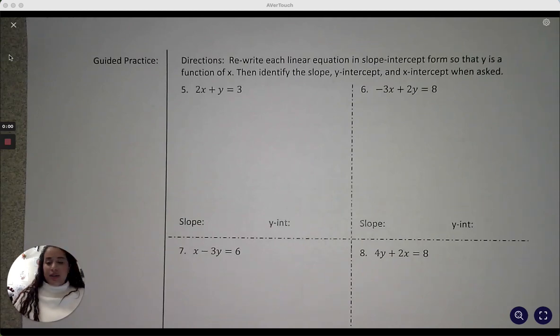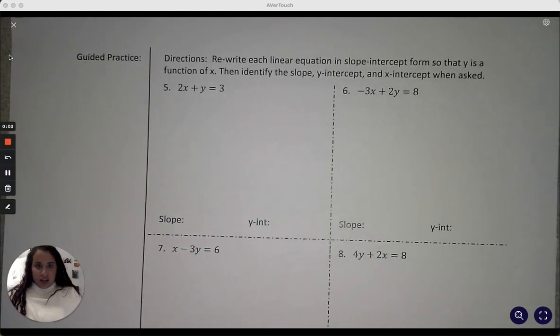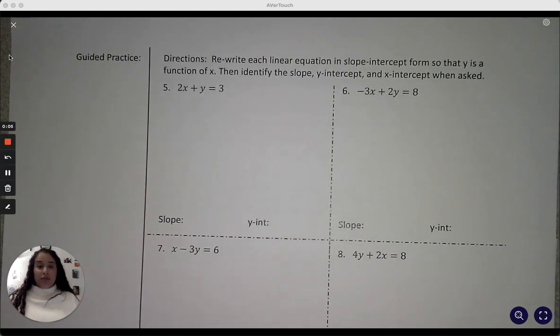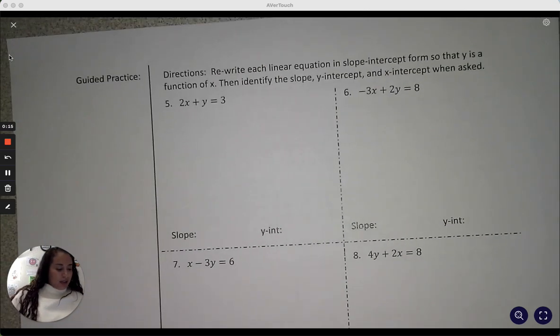Alright, you should have watched the last video, which should have been like slope-intercept form review. So now we're going to take standard form and we're going to switch it to slope-intercept form. Okay, so just a reminder,